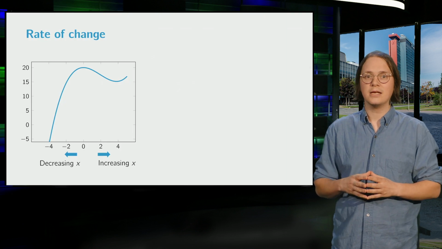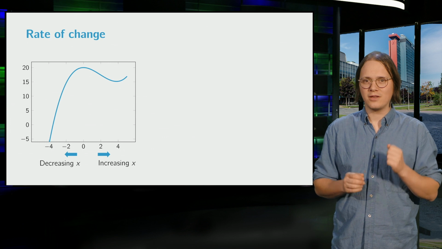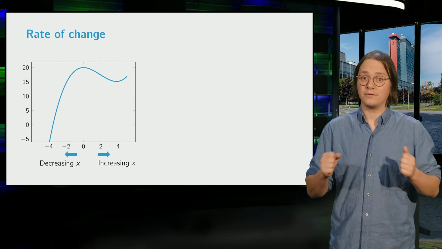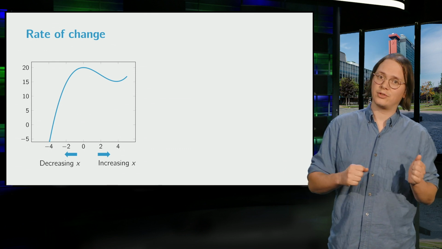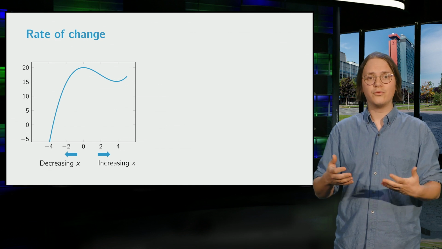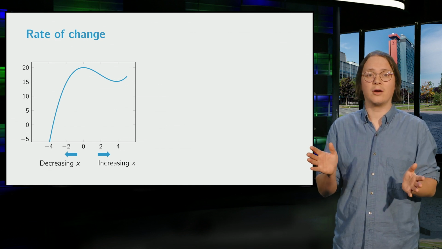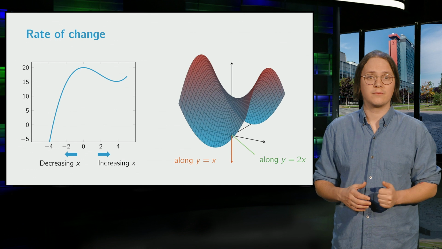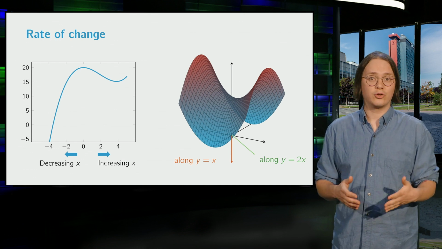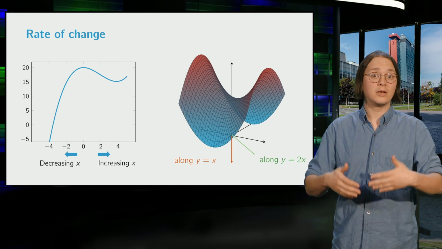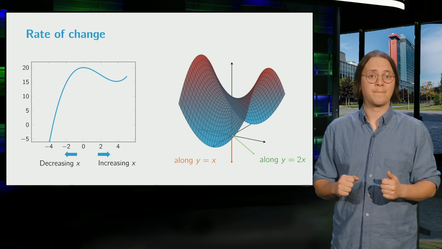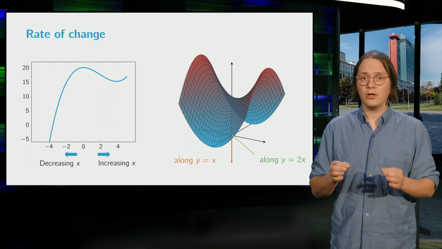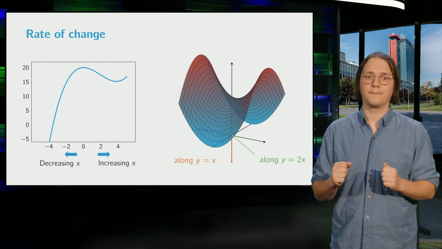The reason for the complexity is because the rate of change of the function depends on the direction we consider. In the single variable case, there is only a positive direction where x increases and a negative direction where x decreases. But in the case of two variables x and y, there are infinitely many options. We can have both x and y increase along the line where y equals 2x, for instance. And in that case, the rate of change could be different than if we let them both increase along the line where y equals x. We can still describe the rate of change as the slope of the graph of the function, but clearly this slope can depend wildly on the direction we consider.